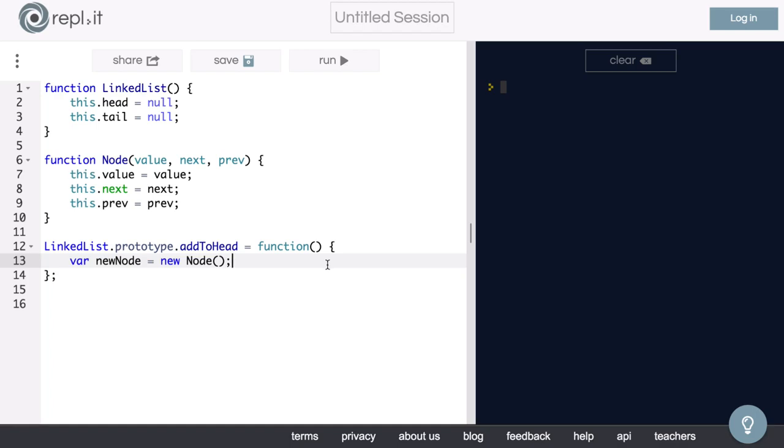So we are going to have our addToHead method itself take a value parameter. And then we will pass that same value parameter right into our Node constructor function. And that is how we will assign the value of our node. For the next parameter,